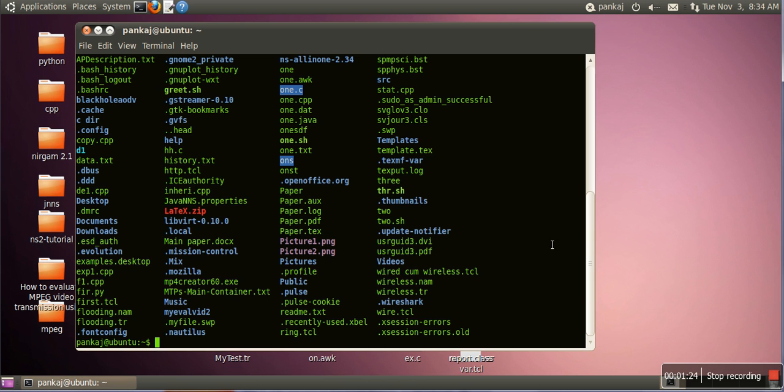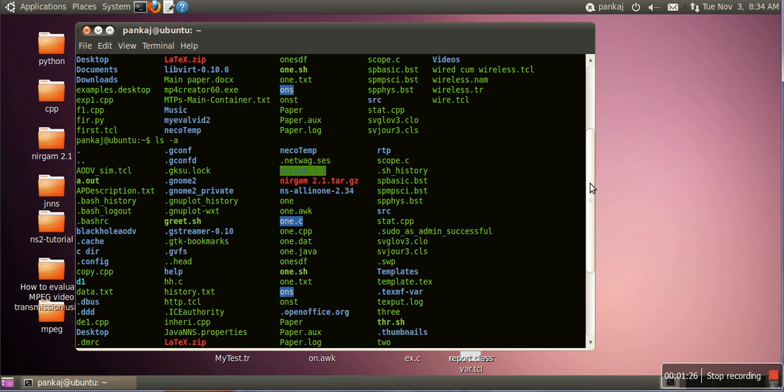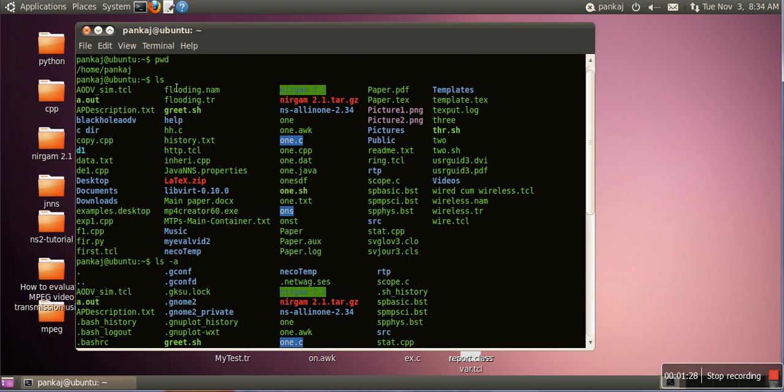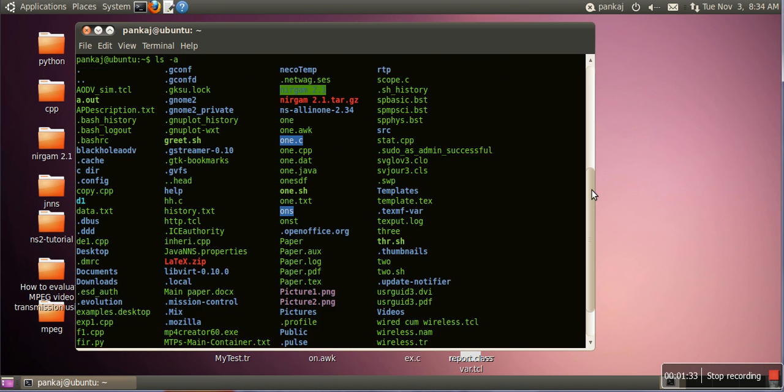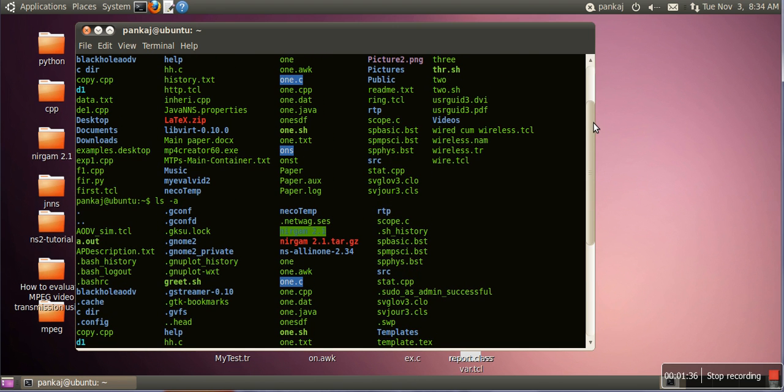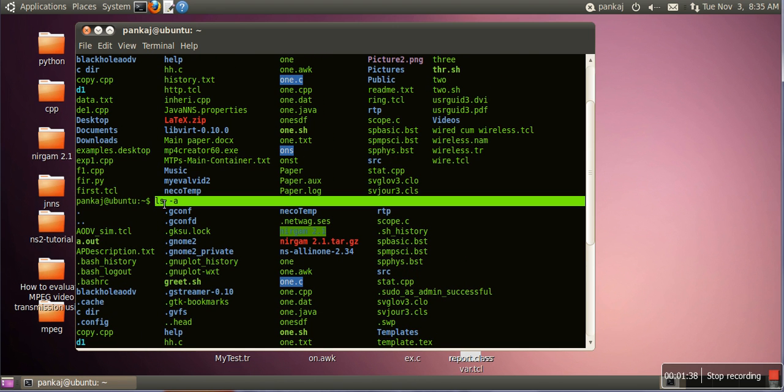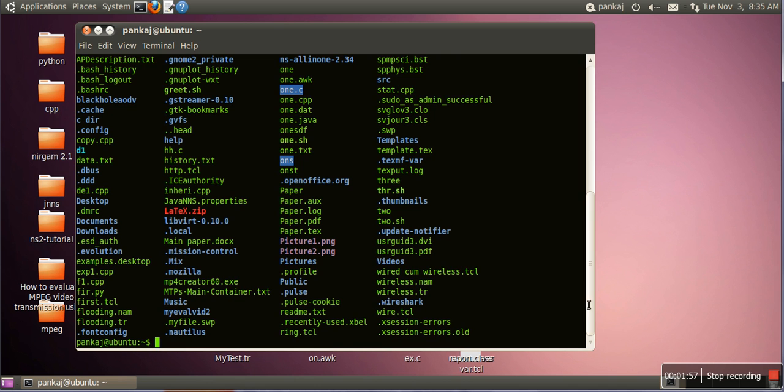Normally when we run ls command it will not show hidden files, but when we run ls minus a, this command also shows hidden files as well. In Linux, if a file name is beginning with dot, that file is actually considered as hidden. So if you can see, there are a number of files like .gconf, .gconfd. So minus a is used to show hidden files.